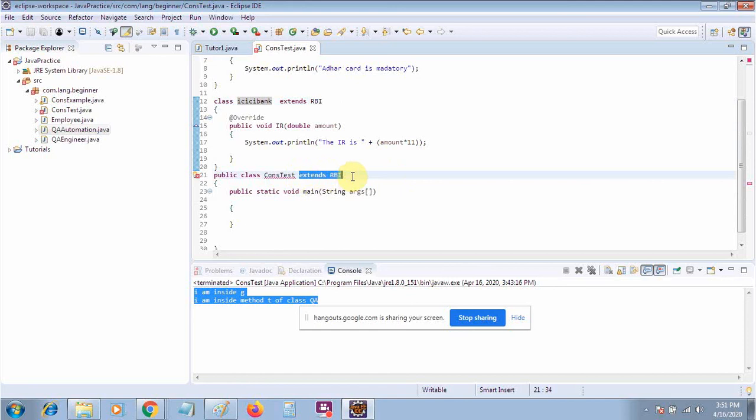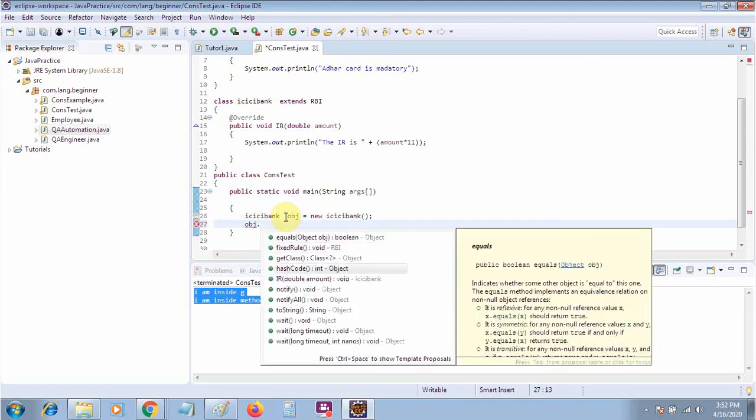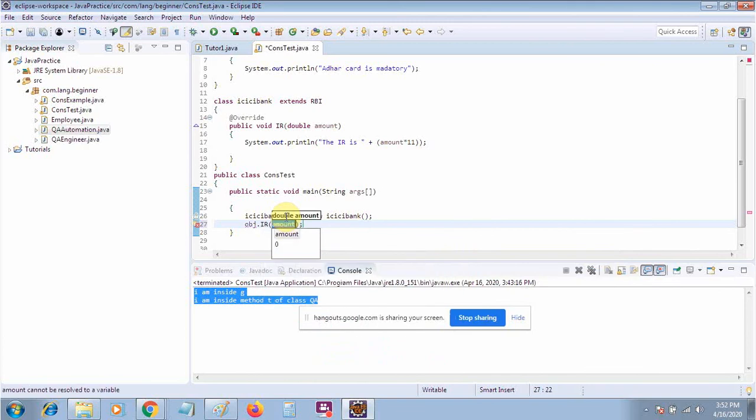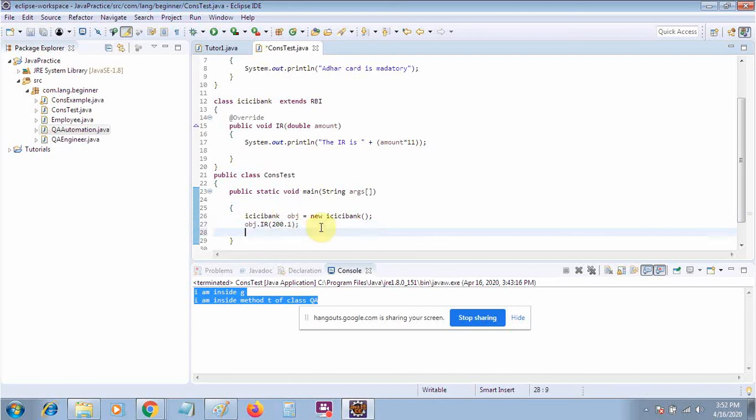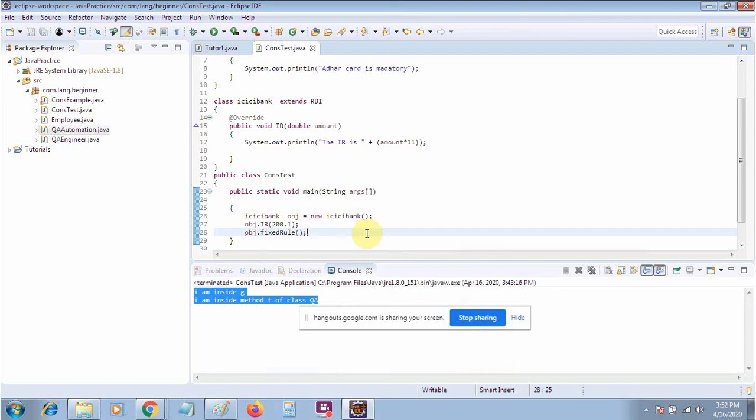Now how to execute this? First of all we will create the object of our ICICI Bank class. By using this object I will call the method IR and give the amount like 200.10. Also by using this object I can call the fixed rate method.